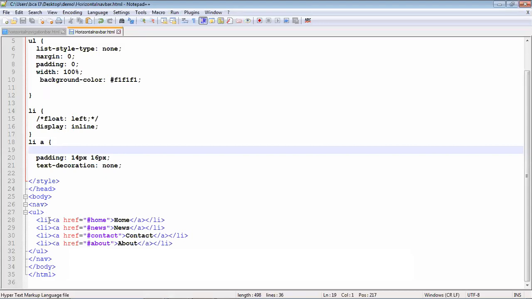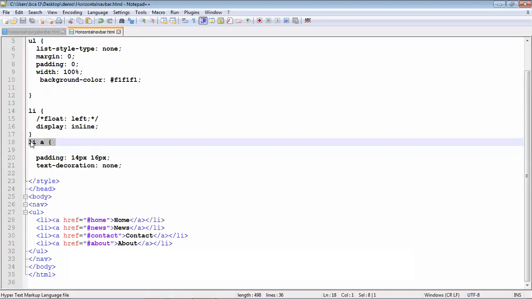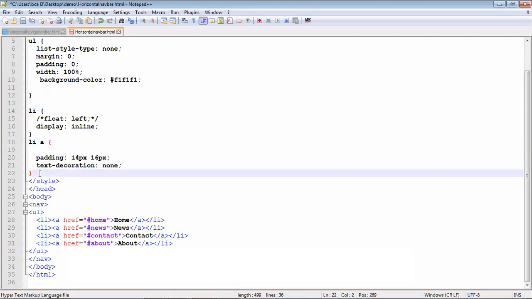Here I'm taking li, which means list. Inside the list tag we use the anchor tag a. So write a space, then the a tag, that is the anchor tag, open the brace, and here you have to give the properties. What property? Padding.